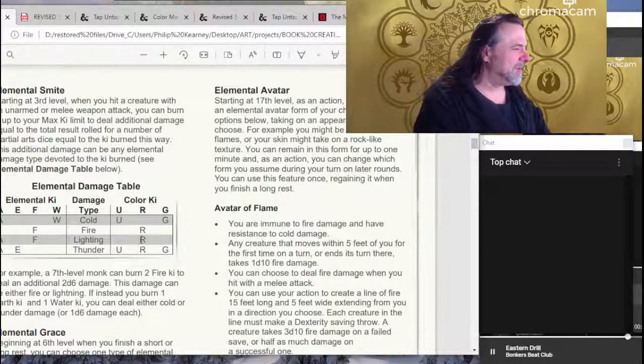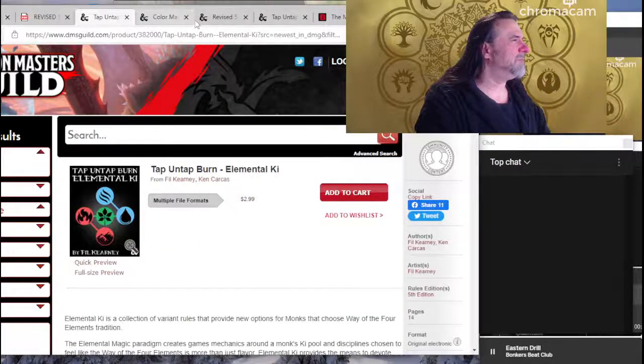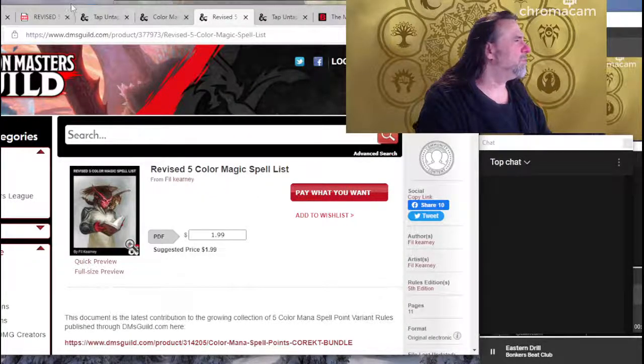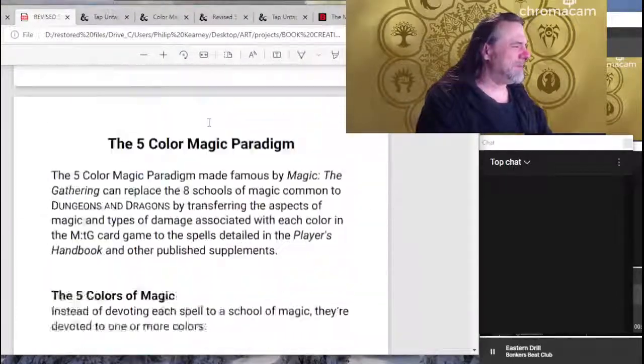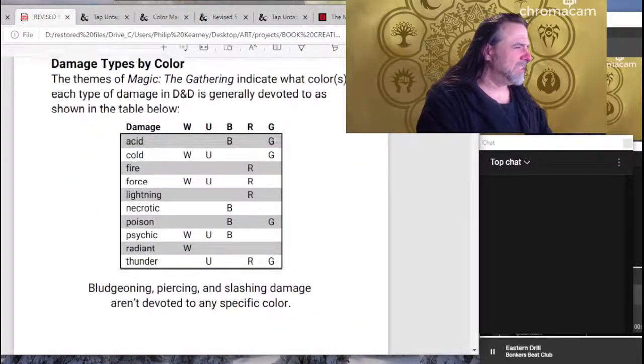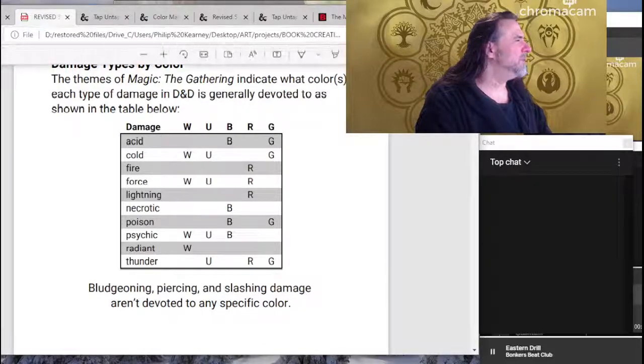And you can see here on the other side that the damage types track the same as they do in the book. Where was it? Oh, yeah, here. Sorry, I'm fumbling around. You can see that these damage types still track. So you're seeing cold. We left white out of the equation because white's not a very elemental color. But you can still see UG for cold.